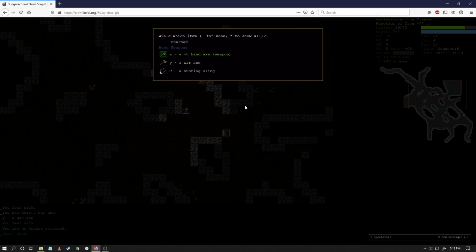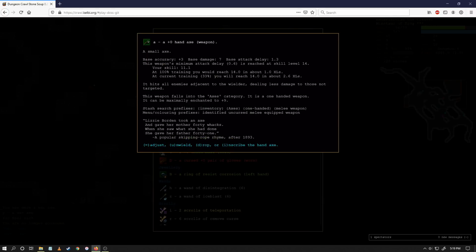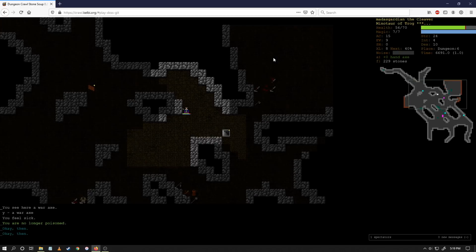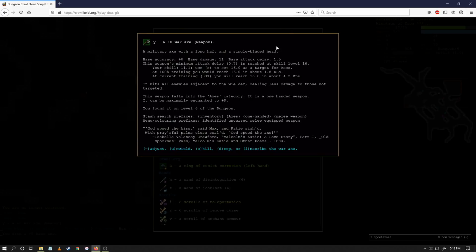And right now we've got the hand axe, so we're going to switch to, we can take a look. So hand axe is accuracy of +3, base damage of 7, attack delay of 1.3. The war axe is accuracy 0, base damage 11, base attack delay 1.5. So we're going to wield the war axe, drop the hand axe, and then again, just thinking about our training,